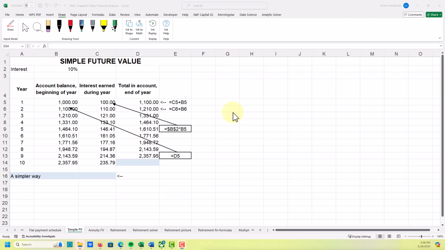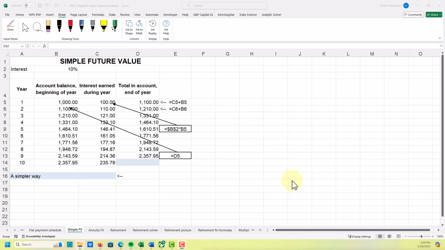In this video, I'm going to describe how to use the future value function in Excel to calculate the future value of a lump sum, the future value of an annuity, and then we're going to work through a retirement problem, a fairly straightforward retirement problem, using the future value function and the present value function that was covered in